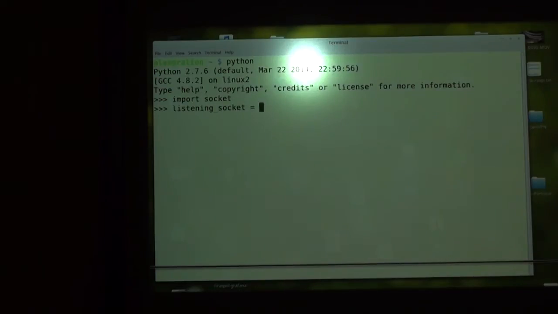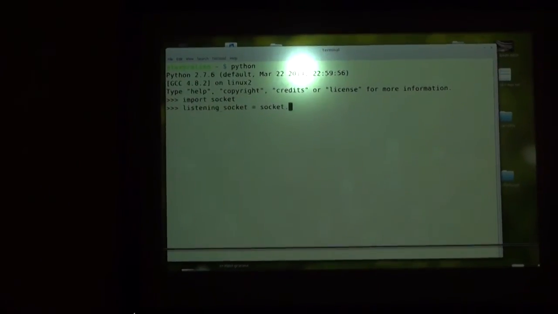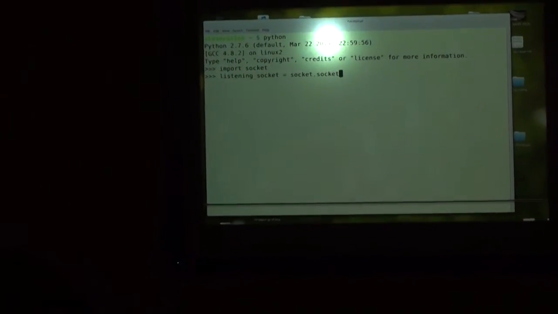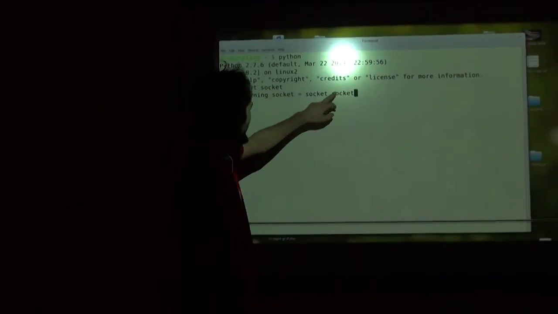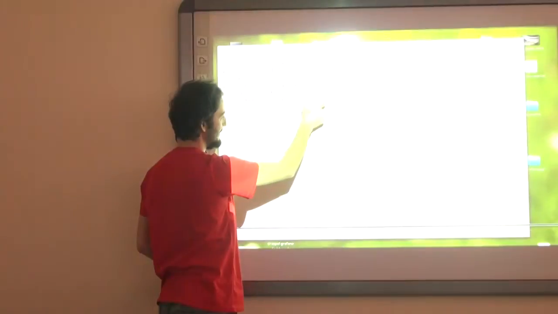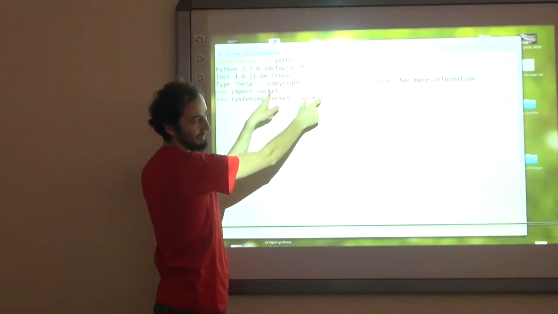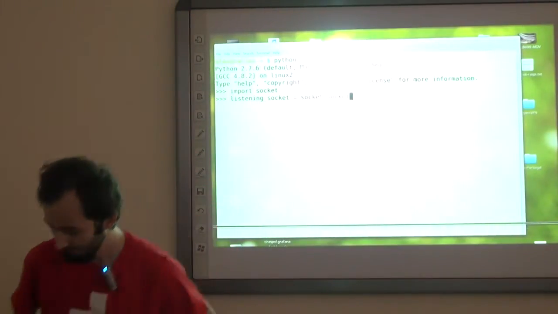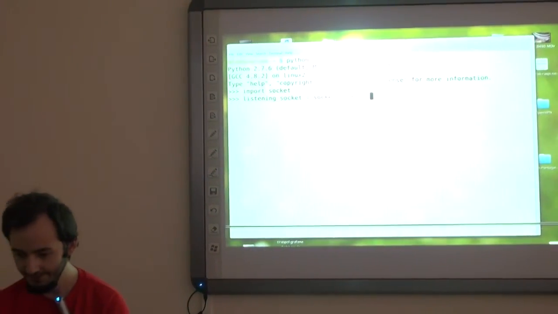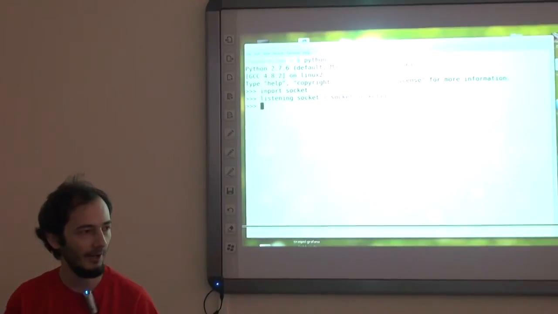I am now going to write the server. And as you remember, we start by creating a listening socket. In this case, socket.socket means this thing from this module, which we've just imported. I can do it this way, giving it no arguments.